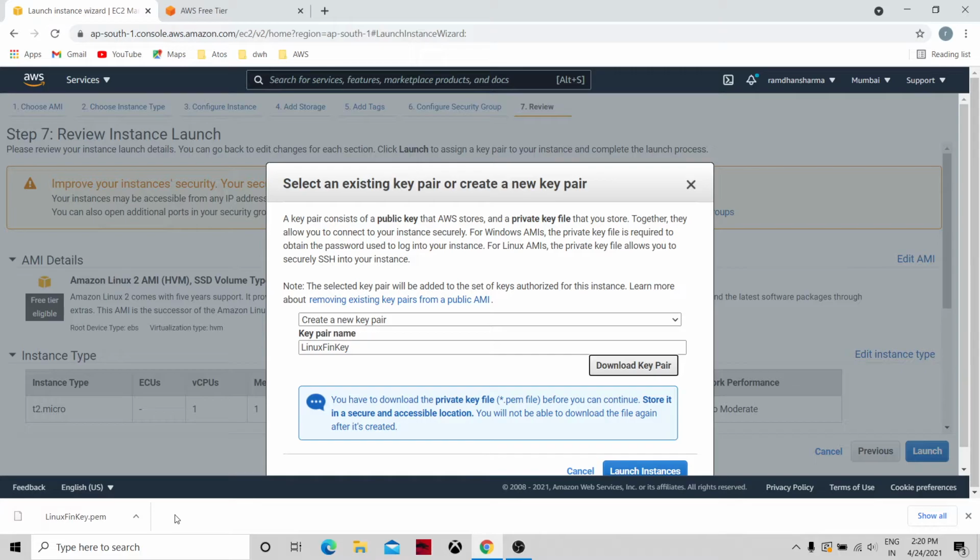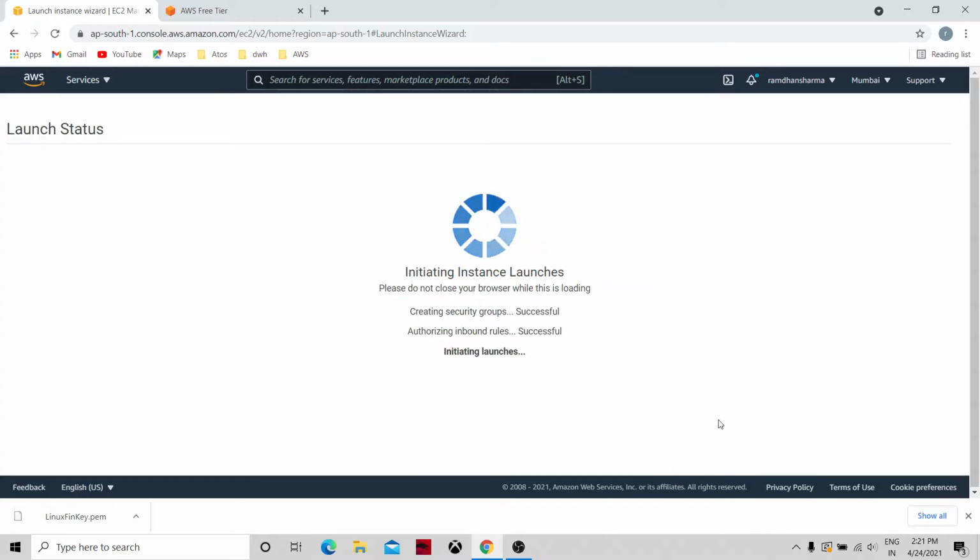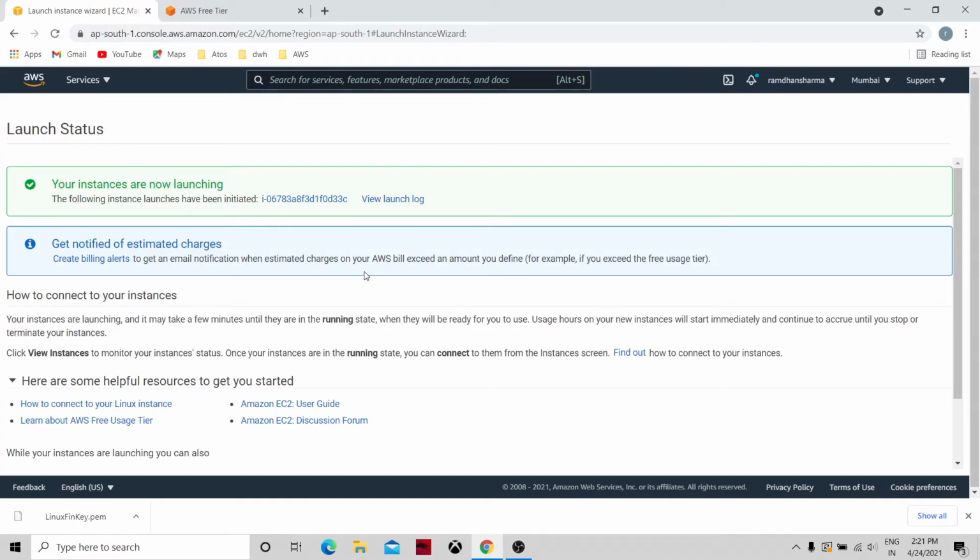So the PuTTY package, at putty.org, you can go ahead and download. The PuTTY package has two pieces of software: PuTTY key generation and the normal PuTTY to access the account. First we will have to use the PuTTY key generation, so we'll launch it. By the time it launches, we will prepare our PuTTY things.